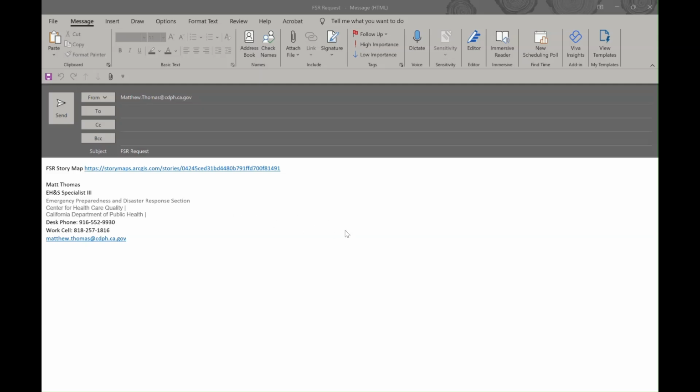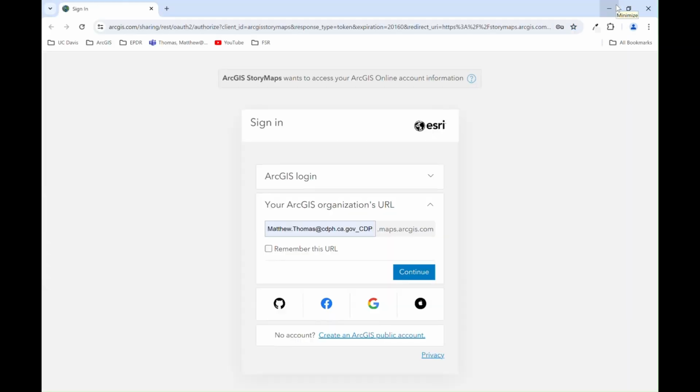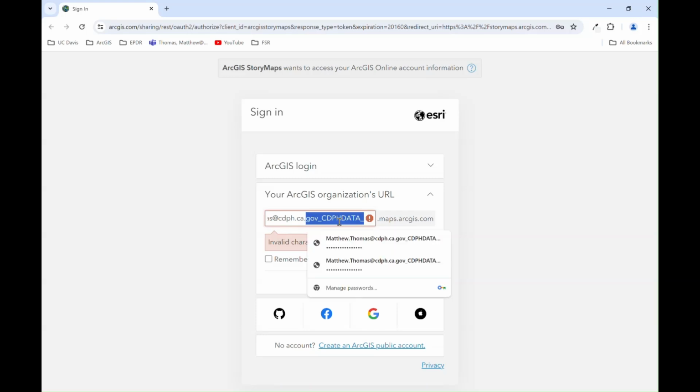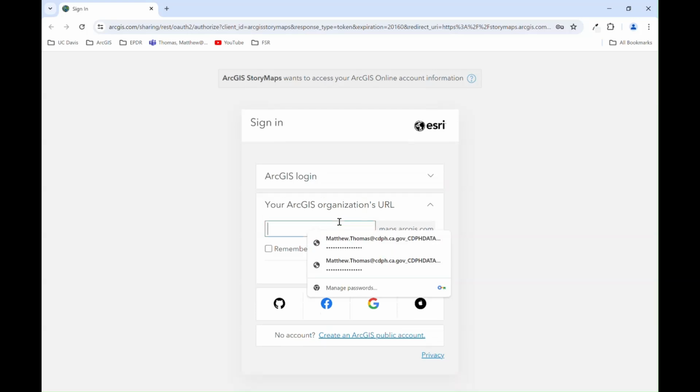What should happen is an email should come from the CHCQ duty officer with a link to the ArcGIS system. I'm going to click this, and I am not signed in, so this is going to show an example of the sign-in process as well. For ArcGIS, you do not have a username and password. Nobody using ArcGIS has a password